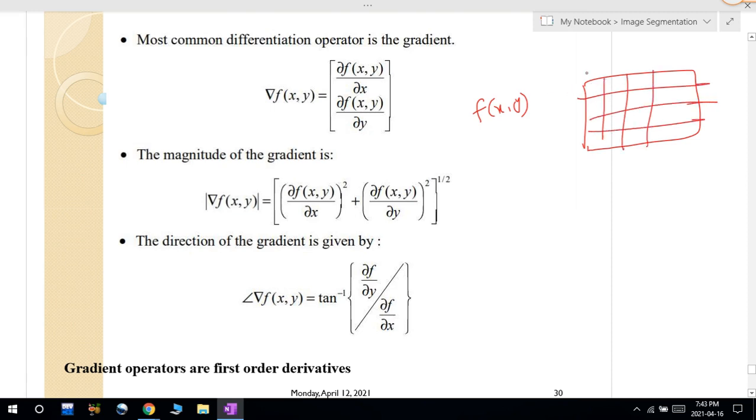Every image will have some intensity values between 0 to 255. It is a gray level image. So these x comma y are nothing but 0 0, 0 1, 0 2, like this up to the size of the image, like 300 comma 300. Based on that we will have these values. After this we will try to find out the changes in the x direction within the intensity values and changes in the y direction within the intensity values.